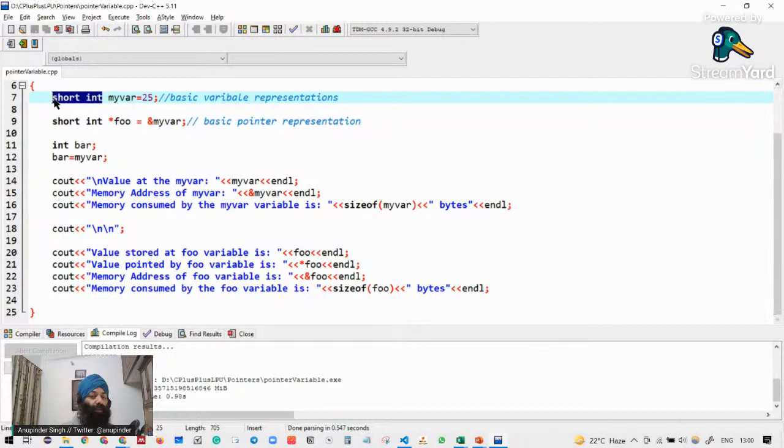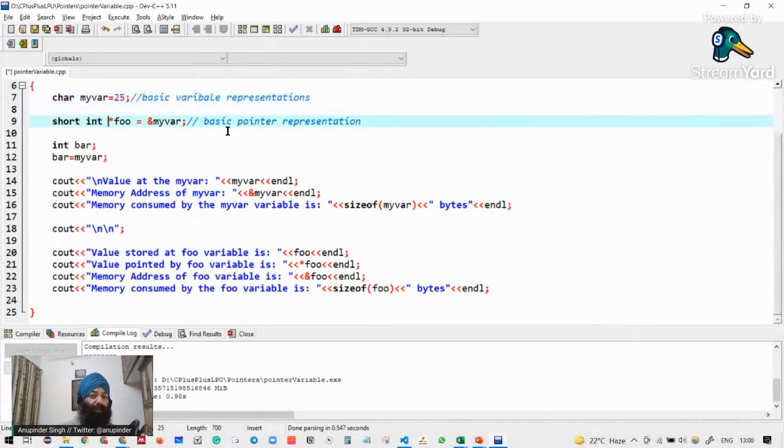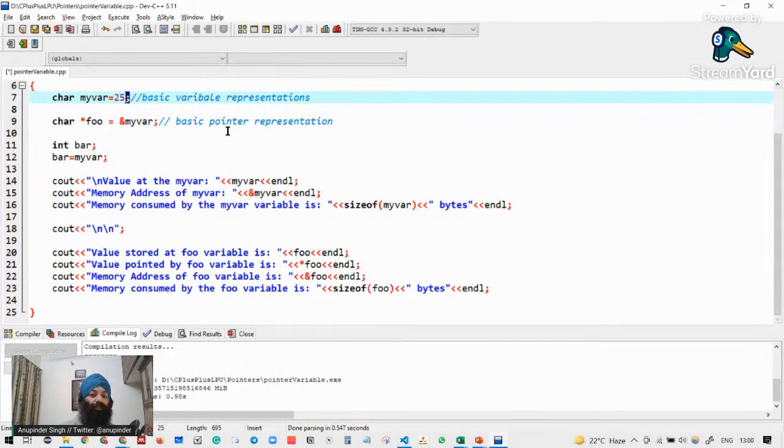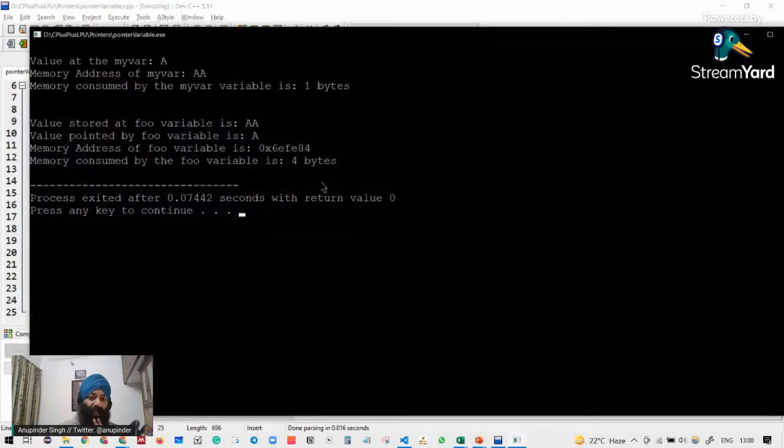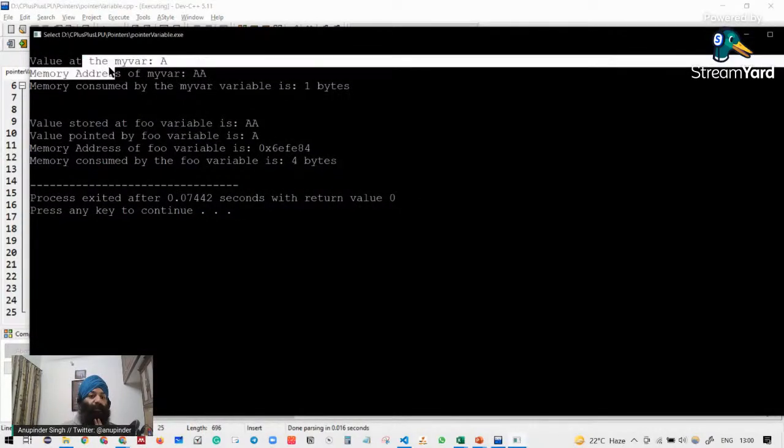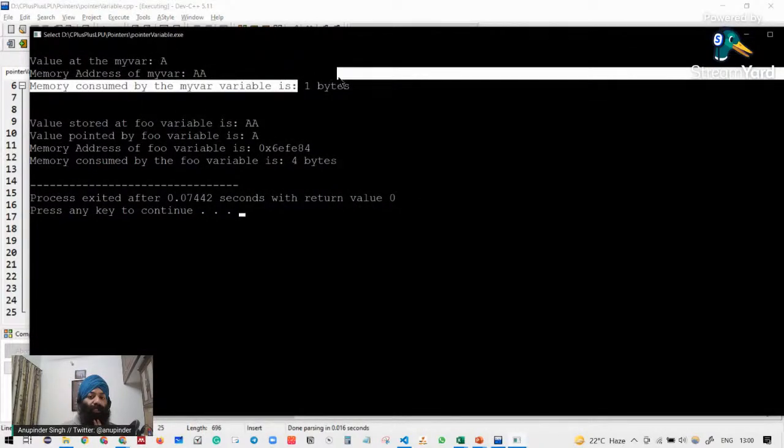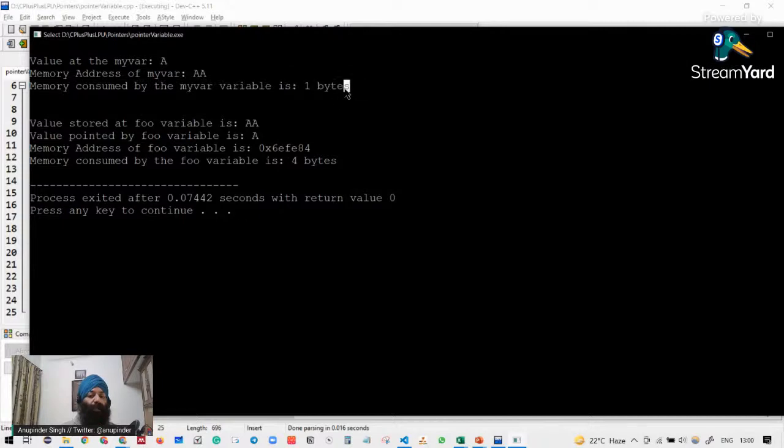So here, if I give you, let's say, a character variable, and if my foo is also going to be a character pointer, and instead of 25 I put a as a character to this, in such cases you will be able to see the memory which is being given to that particular variable is only 1 byte, but my ultimate pointer variable is going to get 4 bytes,